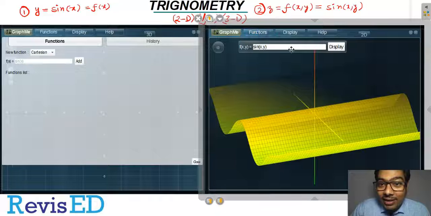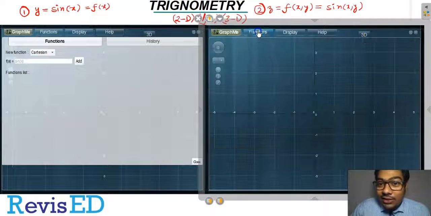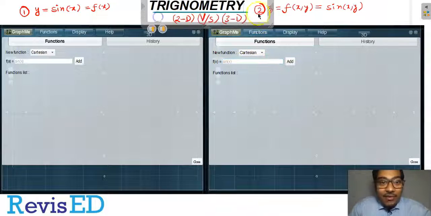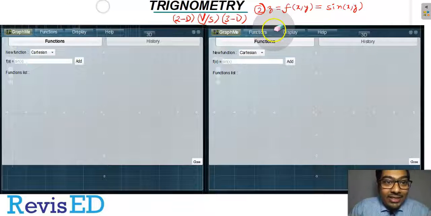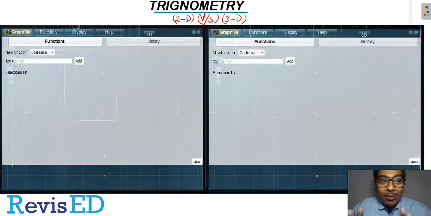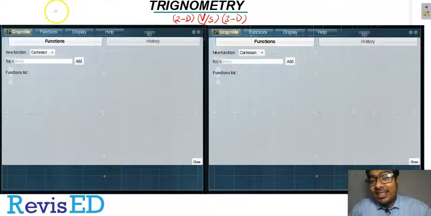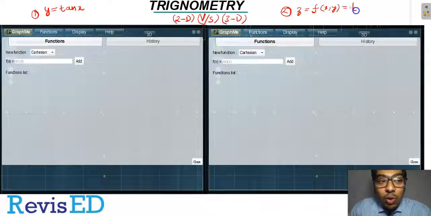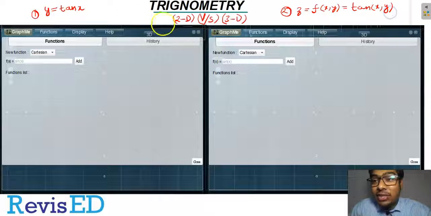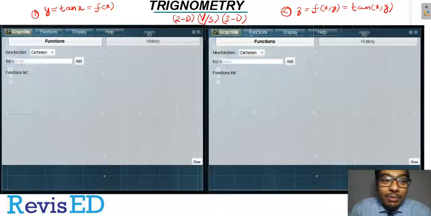So this is my function of sine of x comma y. Now we are going to take a different function. This time, let us take our function as tan of x. We'll be comparing the graph of 2D tan x with the 3D tan x. Because we all know, when theta is equal to 90 degrees, tan of x is infinite, we don't get any finite value. Even at minus pi by 2 or pi by 2, and all the odd multiples of pi by 2, you'll get a lot of such points. So let us take tan of x and tan of x comma y.